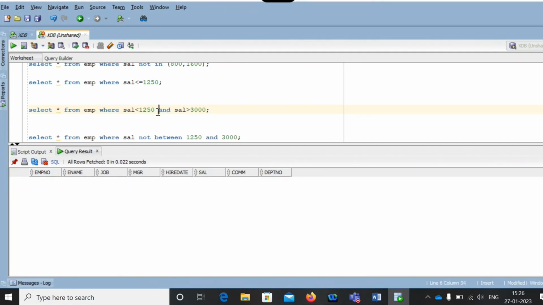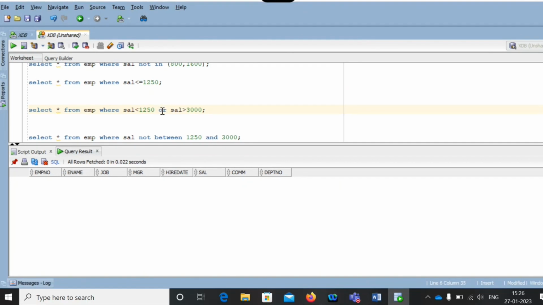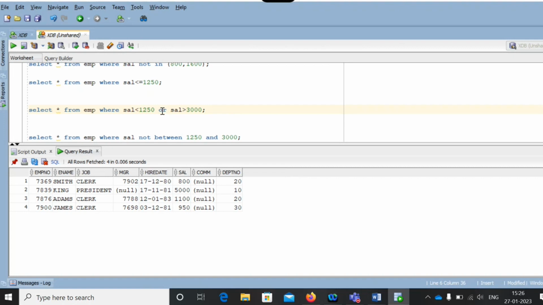See, if you mention the column, you got the values. So whose value is greater than 3000 or less than 1250?